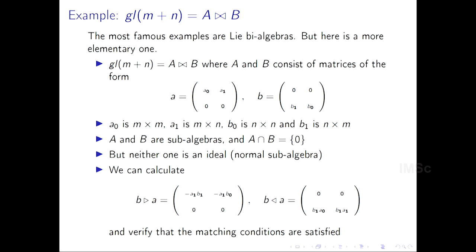But this point of view here, because you don't require the two pieces to be ideals, they also apply to simple groups. So simple groups don't have ideals. How do you break up a simple thing? The whole idea of a group being simple is that you cannot break it up into smaller things. You cannot break it up as long as you insist that each piece is a normal subgroup or an ideal. But here you don't have that.